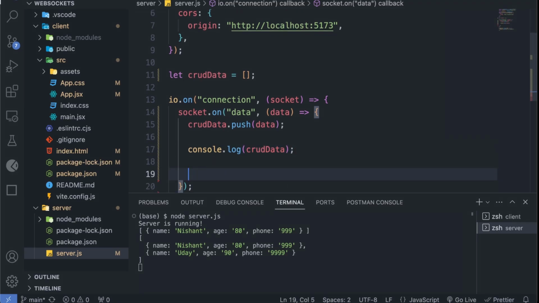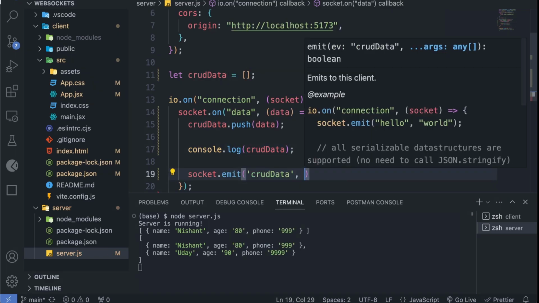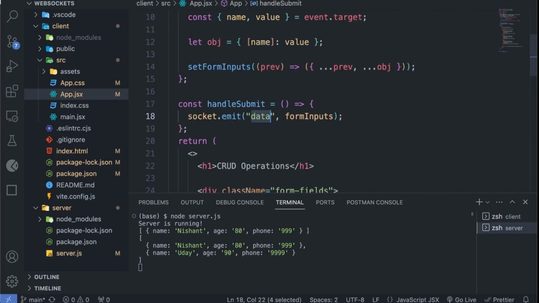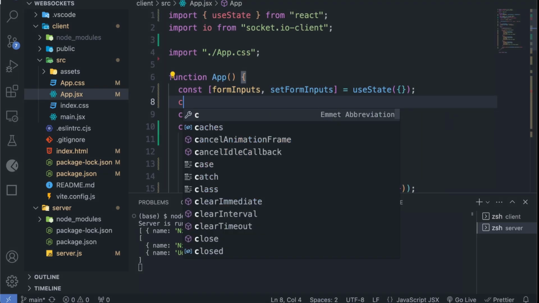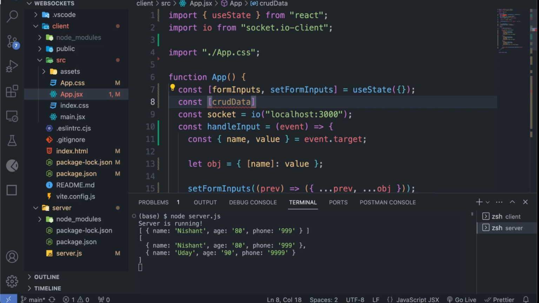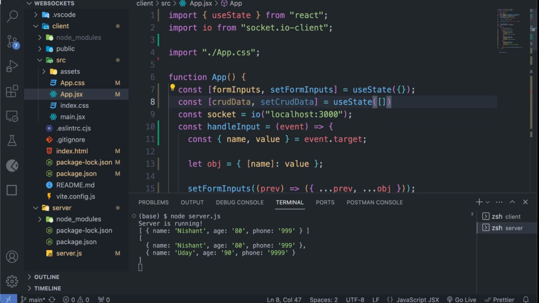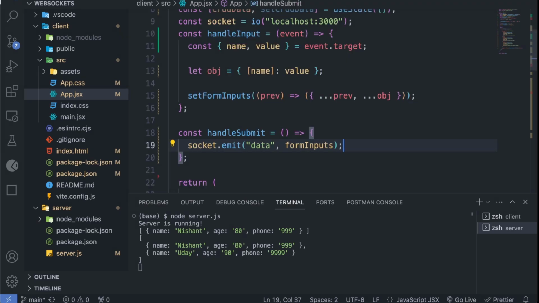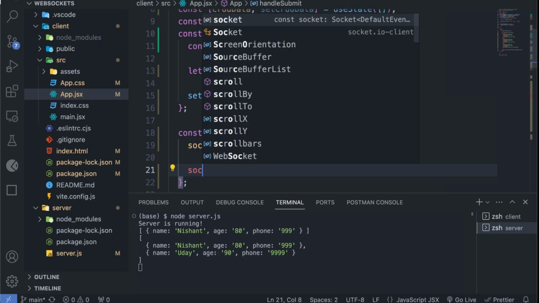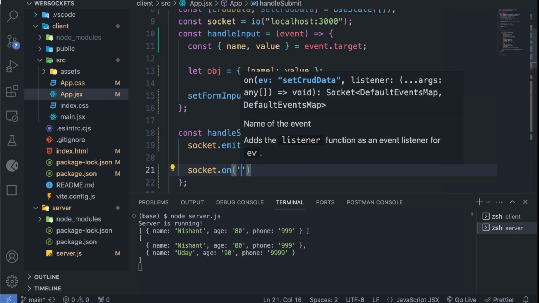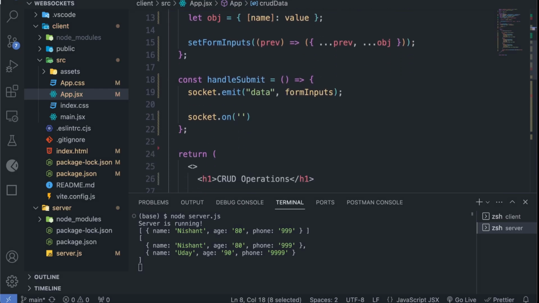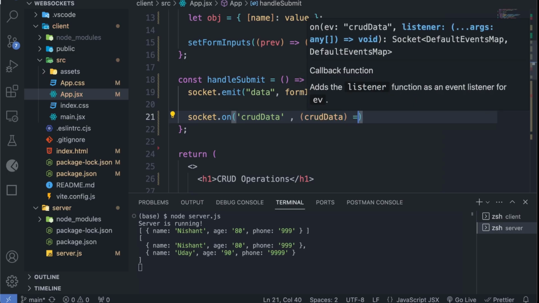To do that, we need to do socket.emit, say CRUD data and CRUD data to simply send it. Now to get it, first let's make an array, const CRUD data, set CRUD data equals to use state and array. So we have CRUD data here, which is an array. Now we need to get the data when we submit our form directly, which is inside the handle submit function. So we can say socket dot on, not set CRUD data, just CRUD data, and CRUD data,